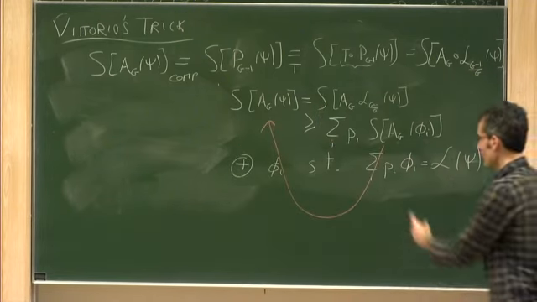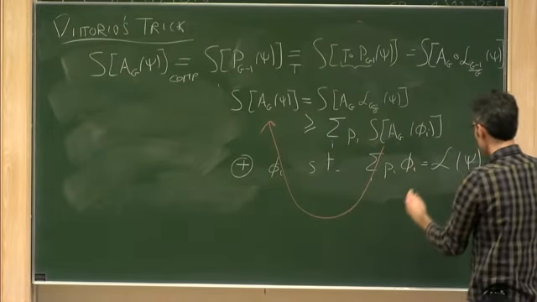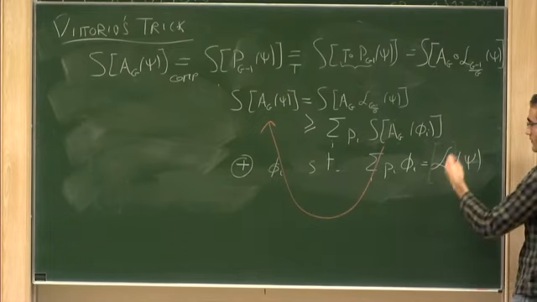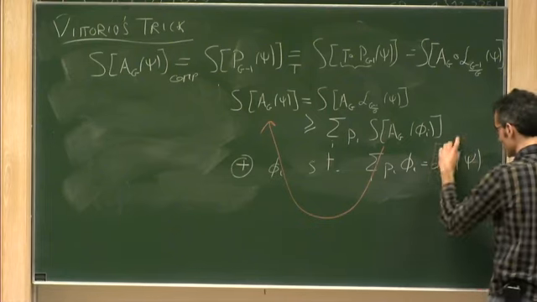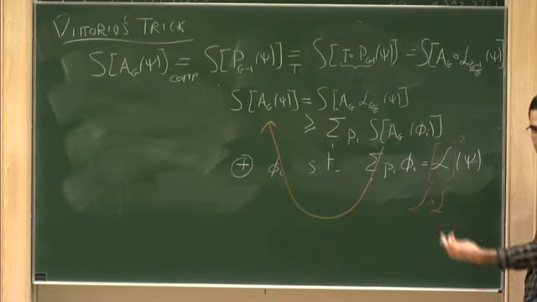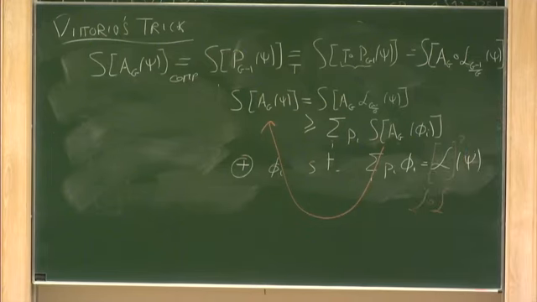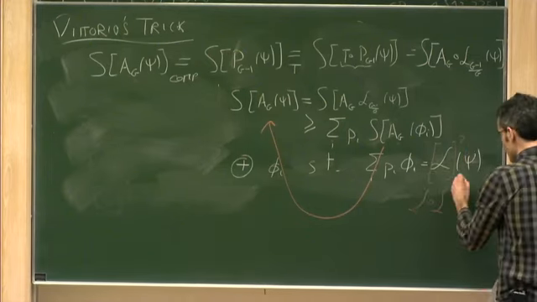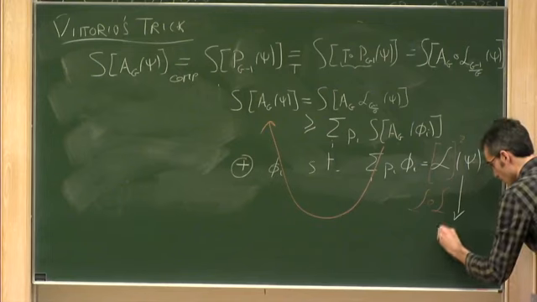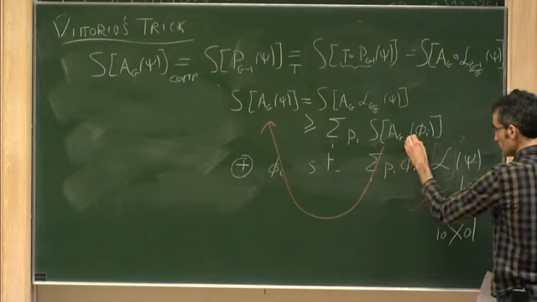So you can return here and play the same trick again, but now you get not one lossy channel, but applying two of them in a concatenation, and you can continue forever. Somehow the intuition is that at the end, this vacuum is a fixed point of this channel. So basically, this converges to vacuum.